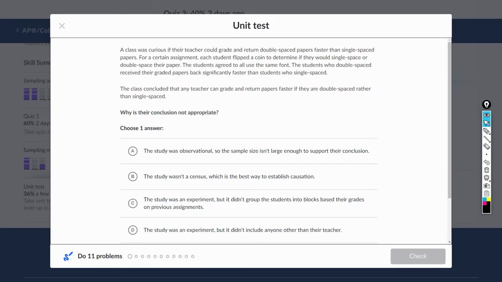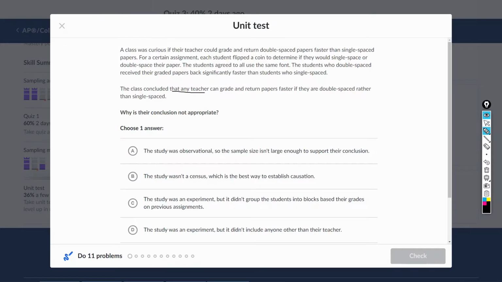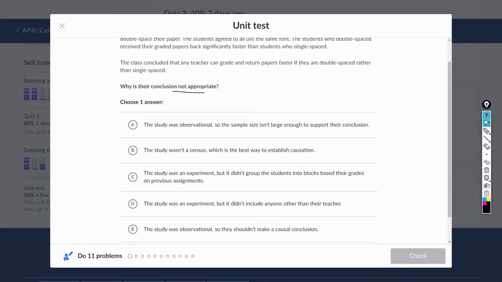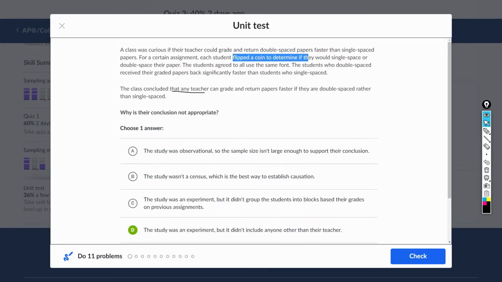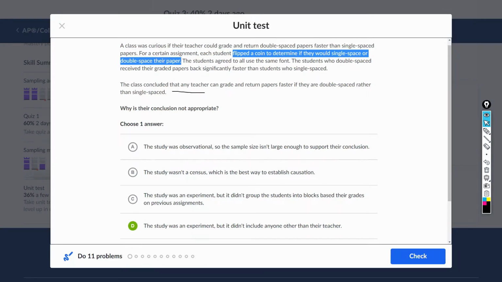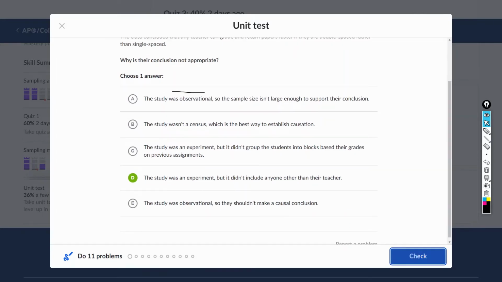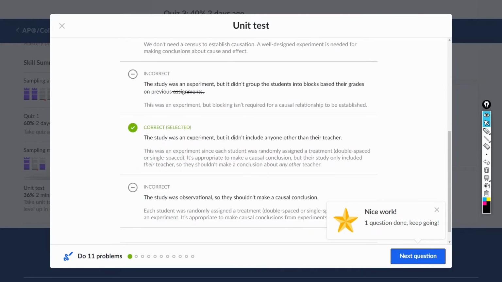第一个 The study was observational。它主要是只测了这个 teacher 一个人的问题，然后他们 conclude any teacher，这是个最大的问题。那我们往下看，他说 The study was experiment, but didn't group students into blocks, didn't include any other teacher。它确实是 experiment，因为他们 flip a coin to determine if they would single space or double space，就相当于把他们分成两组了。既然分了组，我们就可以认为它是一个 experiment，不是 observational，那应该是 D。好的，他说看一下解答，他说 This is an experiment since each student will randomly assign a treatment, double space or